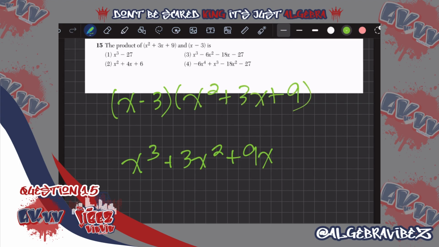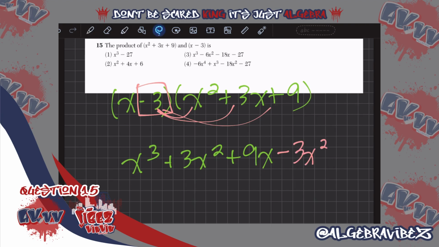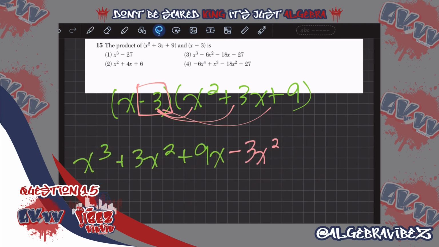We already did this one, so we're going to focus on this box here, and we're going to do the terms like this. So -3 times x squared is going to give you -3x squared. Then -3 times a positive 3x is going to give you a -9x. And -3 times a positive 9, rather, is going to give you a